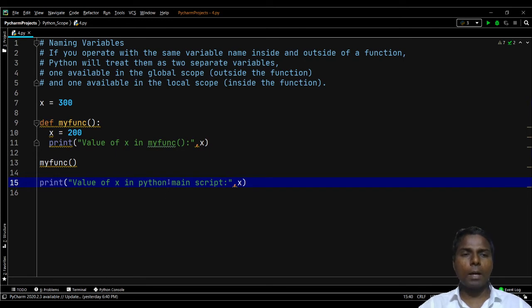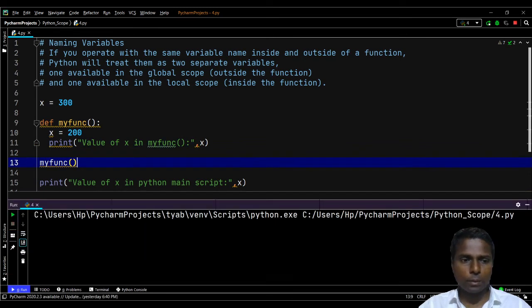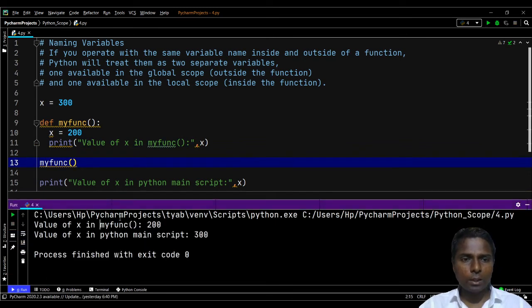So in the Python main script, the value of x will be 300, but the value of x in myfunc will be 200. If I execute it, we'll get output this way: value of x in the myfunc is 200. Value of x in the Python main script will be 300.